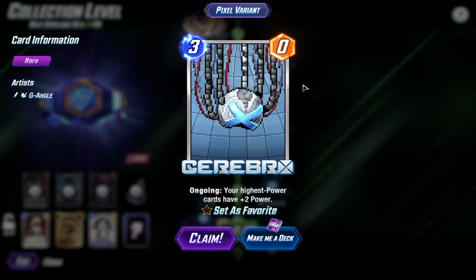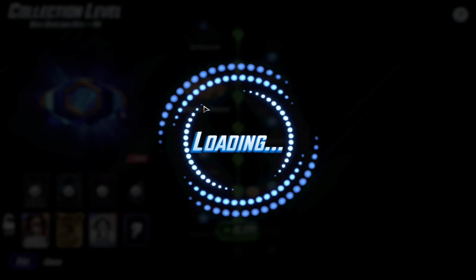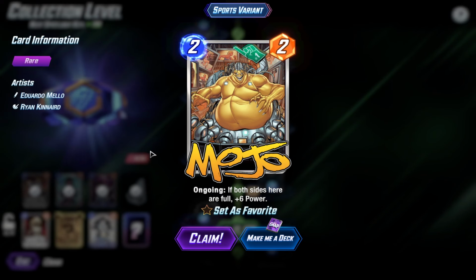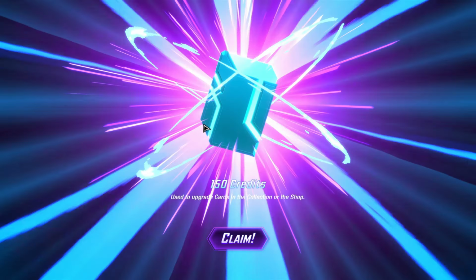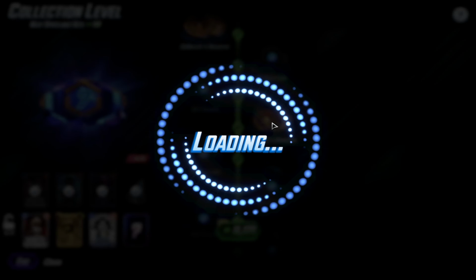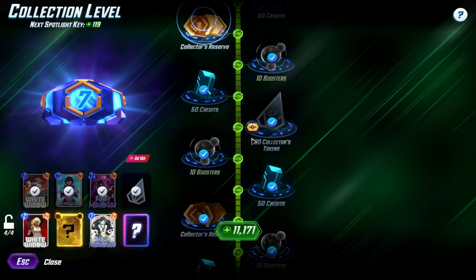Oh, glorious Pixel Cerebro. Was that like five pixels now? So we get pixels more than 1 in 100 of these collector's reserves. That's good to know. I feel like we've got a boatload left. So I think my collector level is